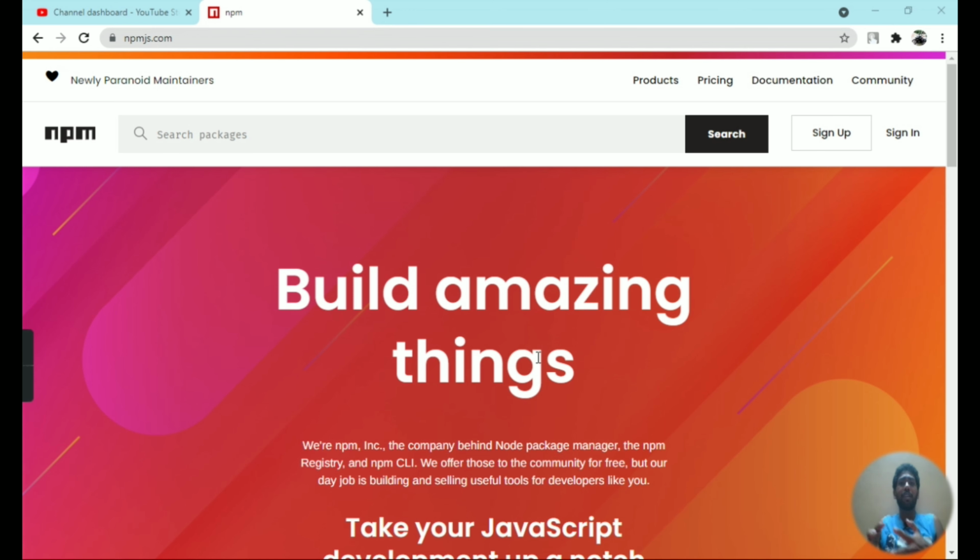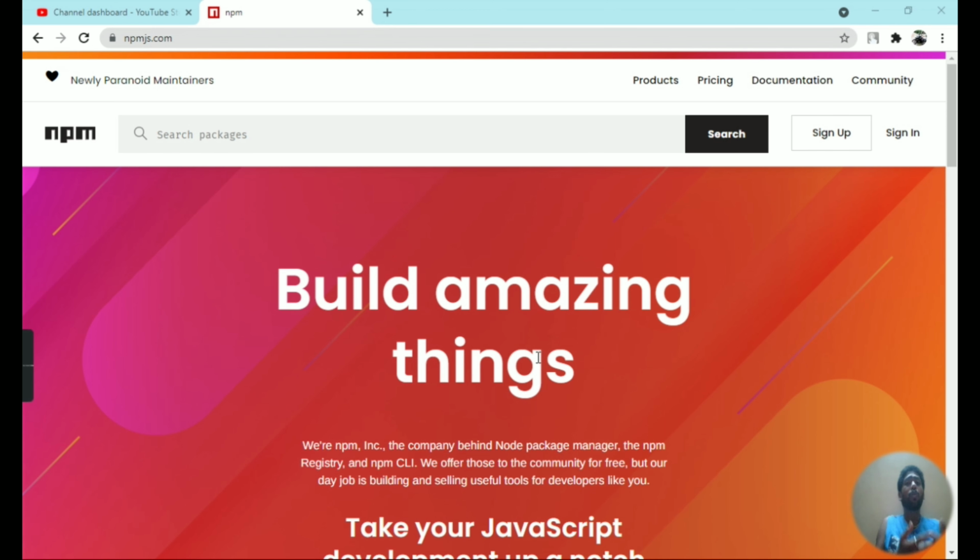As I said earlier, since it is open source and free, anyone can create their own module or package and just push it to the npm repository. Let's say the same cron job application: if I develop a cron job module with some custom functions, I can just push that module or package to the npm repository. The same way, anyone from the universe can access that module and implement it in their own application. So this is how npm works behind the scenes.